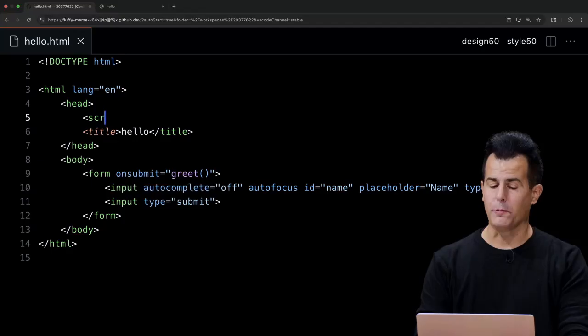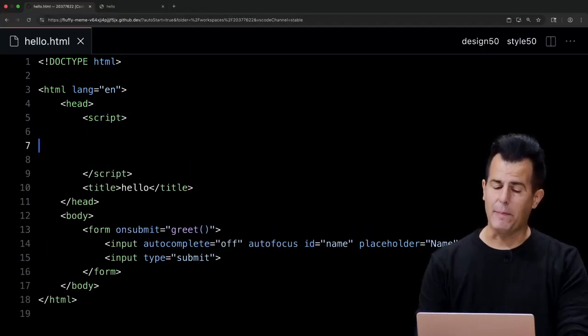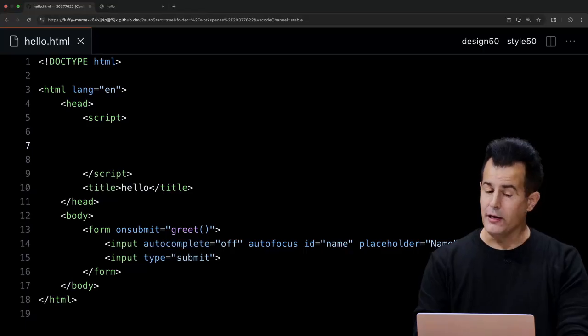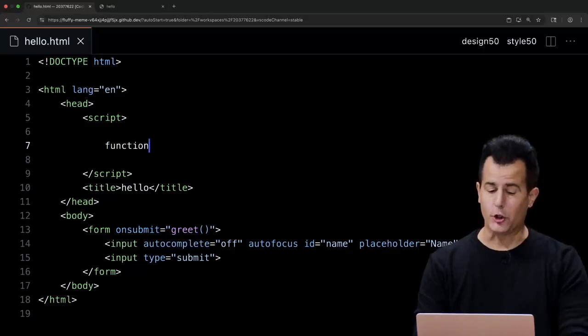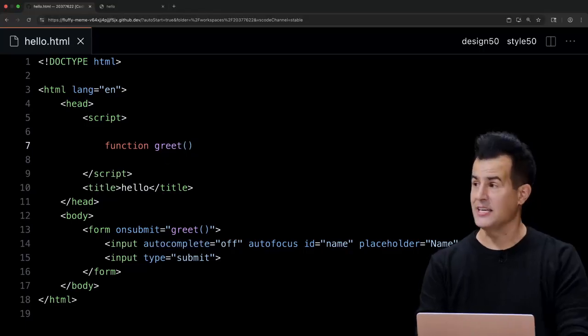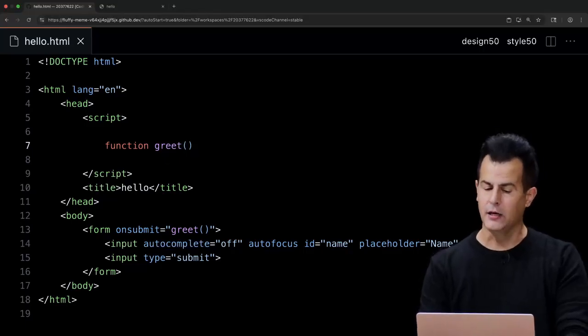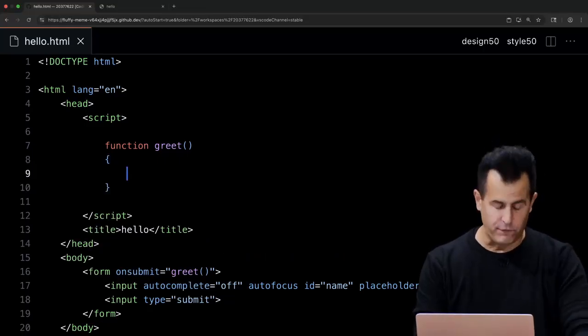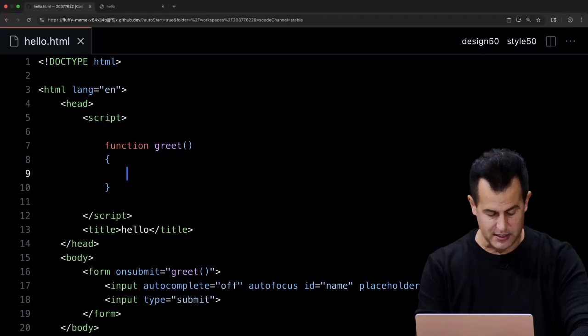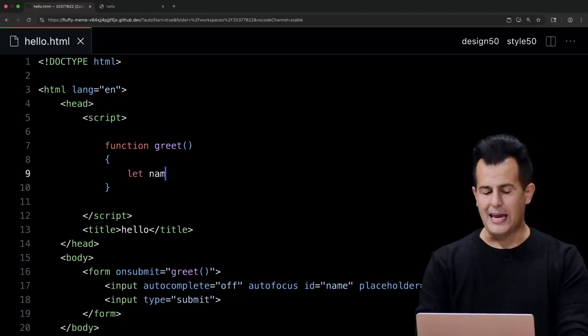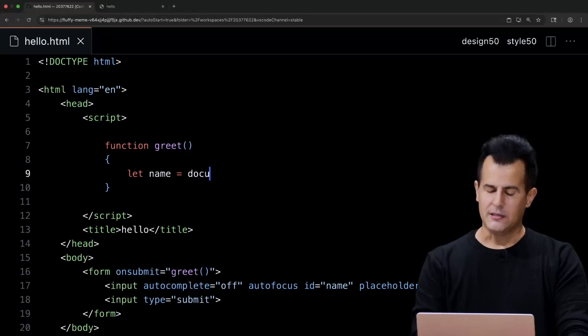Well, I could, among other places, put this inside of the head of my page in a script tag. I can define a function in JavaScript by literally saying function, and then the name of the function, and then in parentheses, any arguments there too. I'm not going to have any. And then in curly braces, I can actually define the meat of that function. And for instance, I can do this. Let name equal the following: